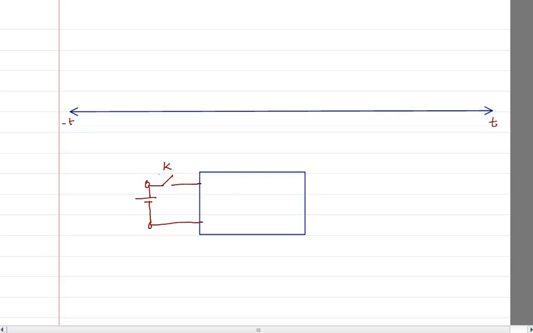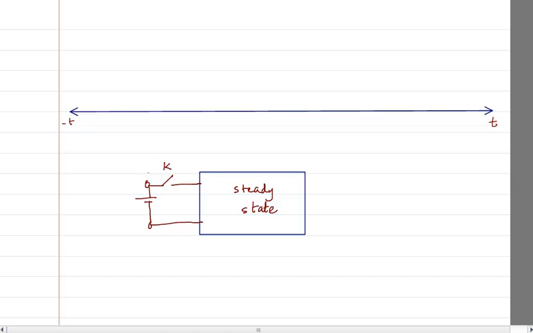Now, once the switch is open and it has remained open for a long time, the circuit is in a steady state. Steady means what? Stable. That means there is not much change going on. If you leave the circuit in that steady state, it will remain in that steady state for infinitely long time. That is what the steady state is. Its state will not change with respect to time.